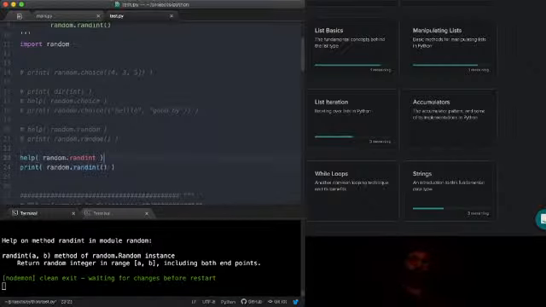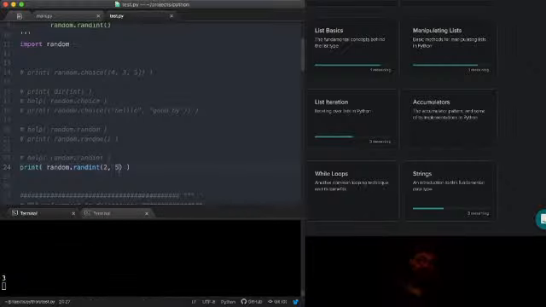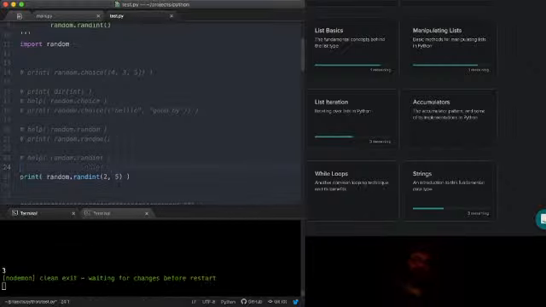So if I did random.randint 2 to 5, that should give me a random number between 2 and 5. That's going to give me 3. Well, that fits. Let's just call it a bunch of times. Let's say 20.